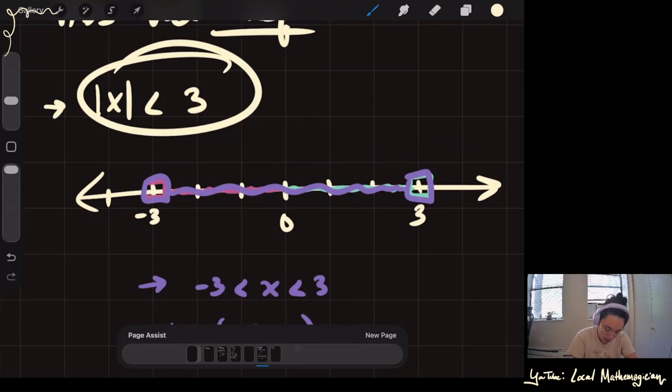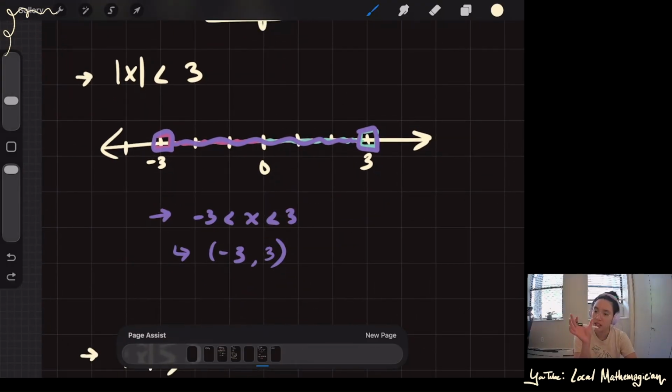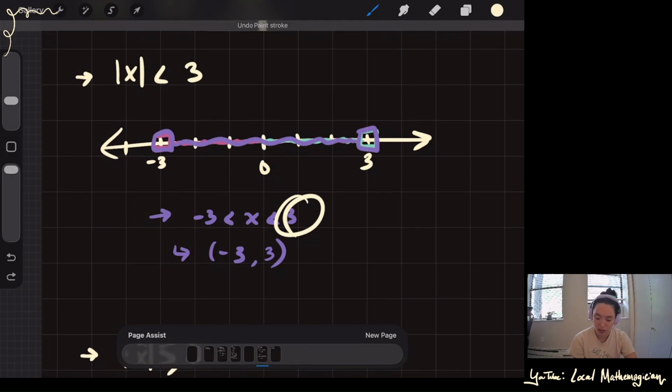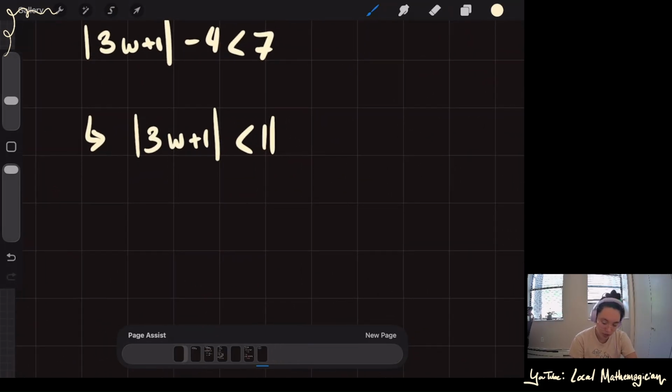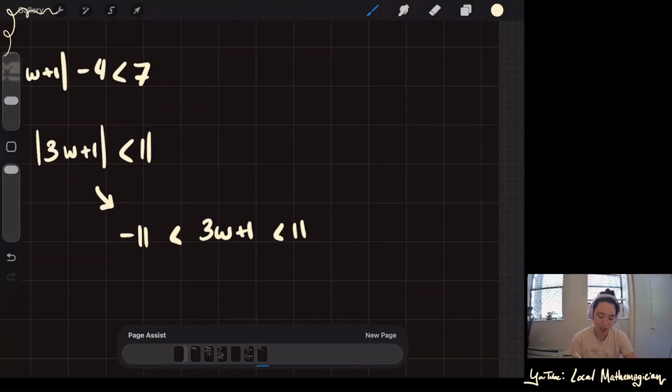This is the same as writing it like this, right? You're saying the distance is bounded, that's what we call it, bounded between whatever this is and whatever this is, right? So you can actually write this as negative 11 is less than 3w plus 1 is less than positive 11, right? Because again, we're saying,